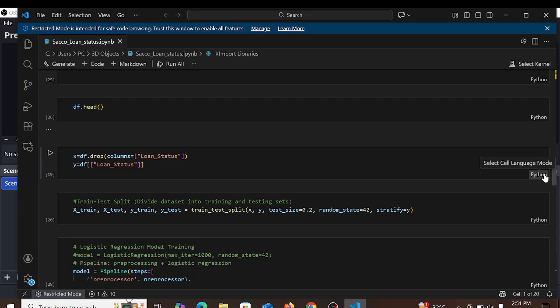That is train_test_split with X, y, test_size equal to 0.2, then random_state equal to 42, and stratify equal to y. Then after that,